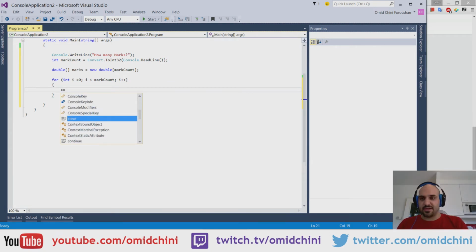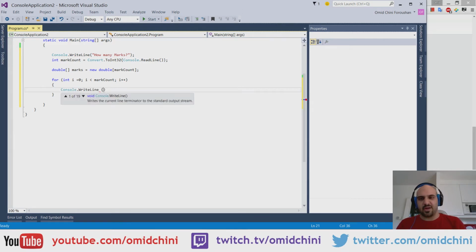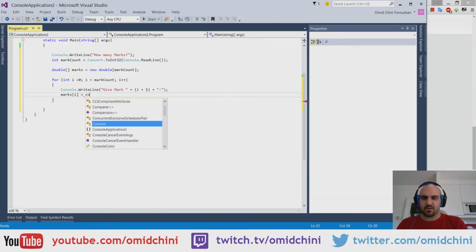Now I'm going to write console.writeLine. I am going to write give mark, and now the number of the mark, I plus 1, plus just a colon at the end of it. And now I'm going to actually get the value from the user and put it into my variable. So marks I equals